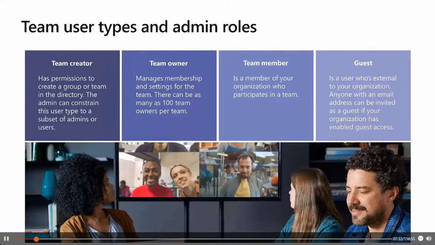Let's say a few specific things about it as well. The team creators can be limited in your organization by limiting the users that can create Microsoft 365 groups.